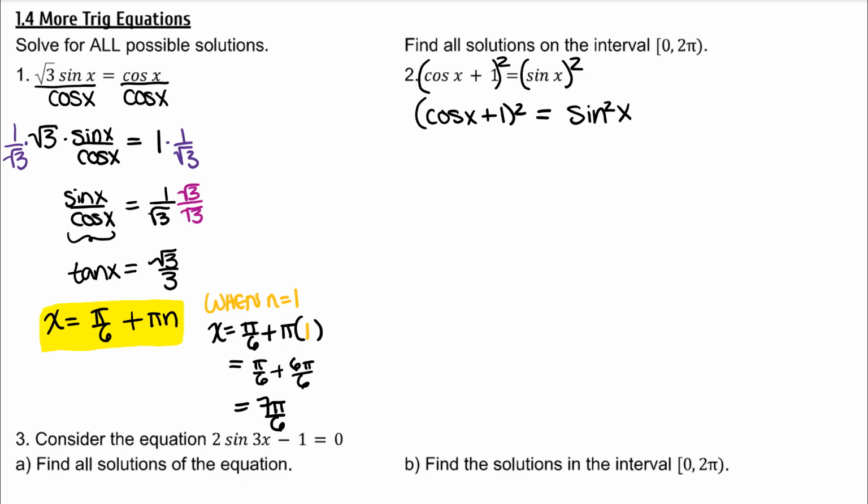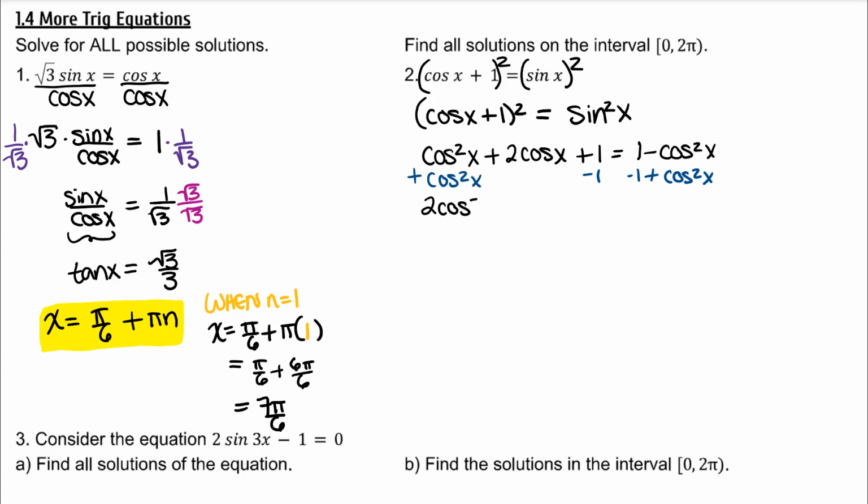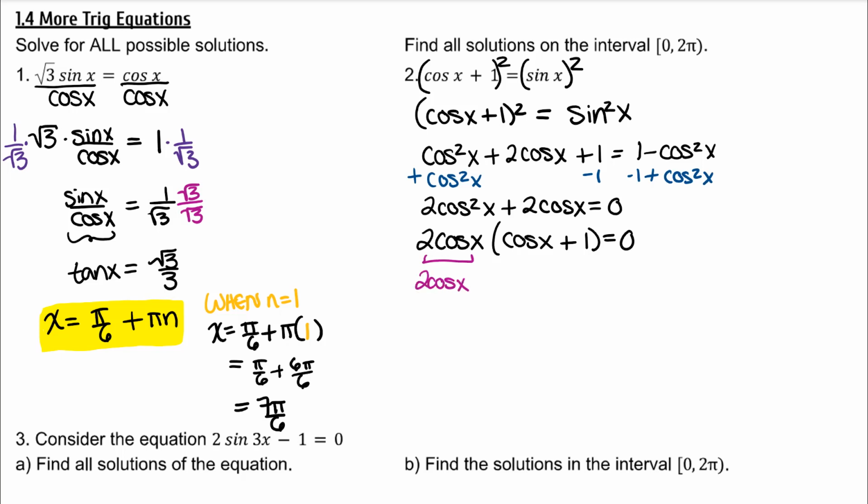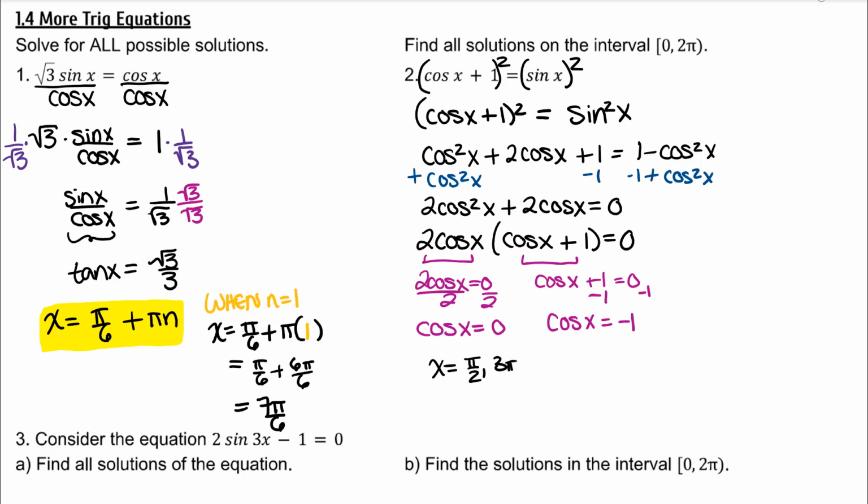Expand the left side and rewrite the right side, sine squared x, as 1 minus cosine squared x. Now bring everything to one side and factor. Use zero product property to solve for cosine x. Cosine x is 0 when x is pi halves or 3 pi halves, and cosine x equals -1 when x